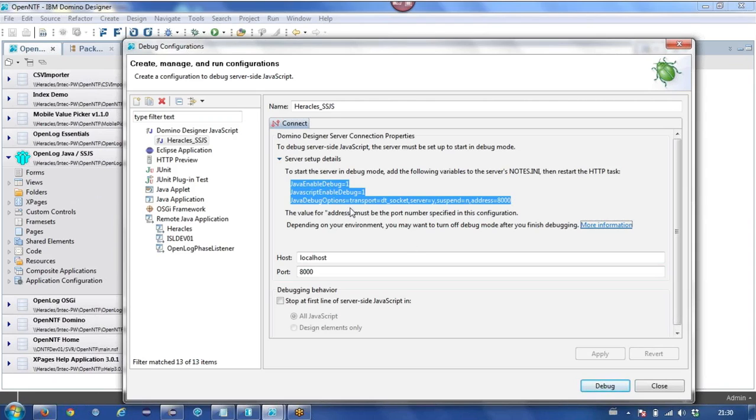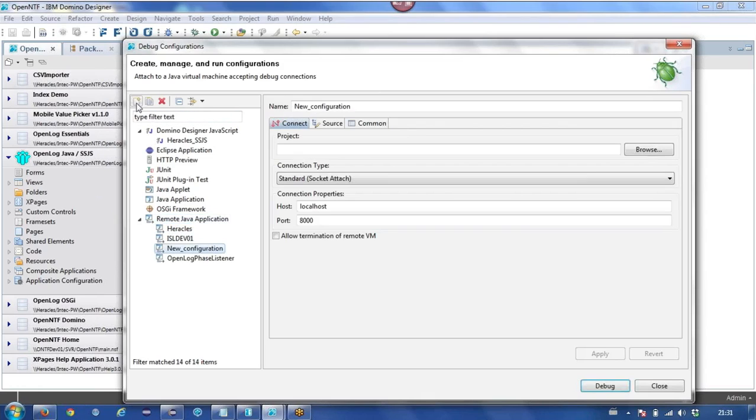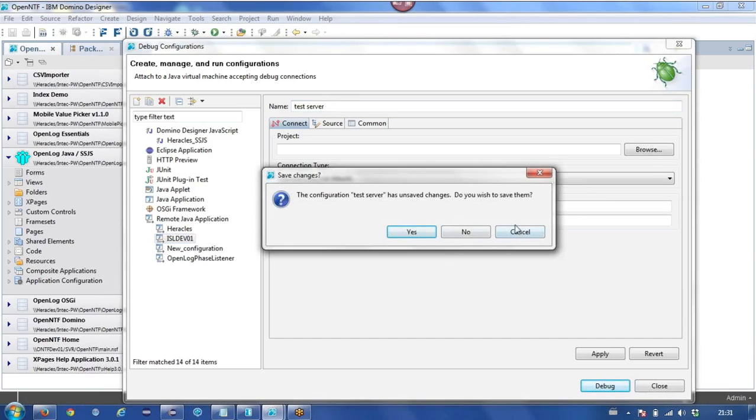So once you've got those settings in the notes.ini and restarted HTTP, then you're ready to set up the remote Java application configuration. I've got one already set up against my server, but you just click on the new button, give it a name, and tell it where the server is.